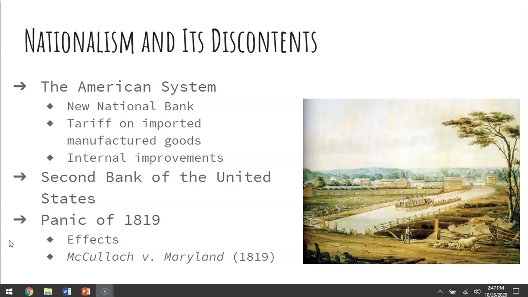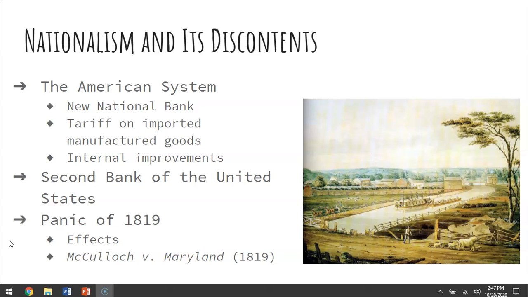The demand for land plummeted, and speculators who had invested lost millions of dollars as the price of Western lands fell. The Bank of the United States, followed by state banks, started asking for payments from the people who had been loaned money. Farmers and businessmen could not repay, and they declared bankruptcy, and unemployment rose in eastern cities. This became known as the Panic of 1819, and it lasted a little more than a year, but it really disrupted the political harmony of previous years.